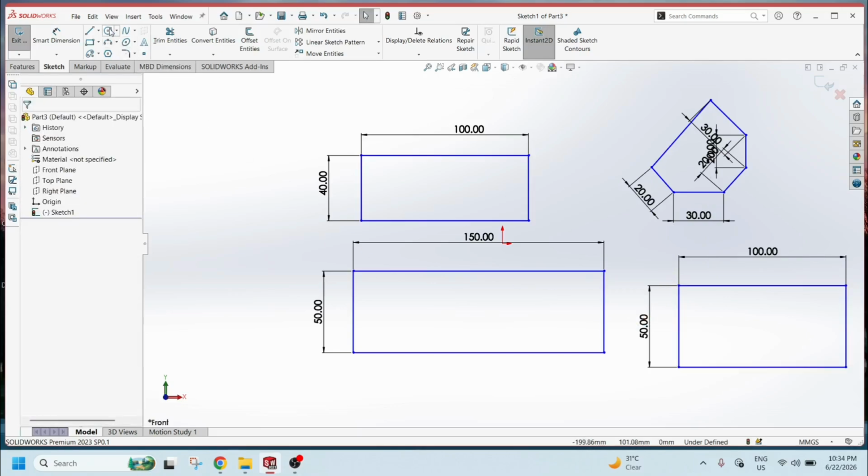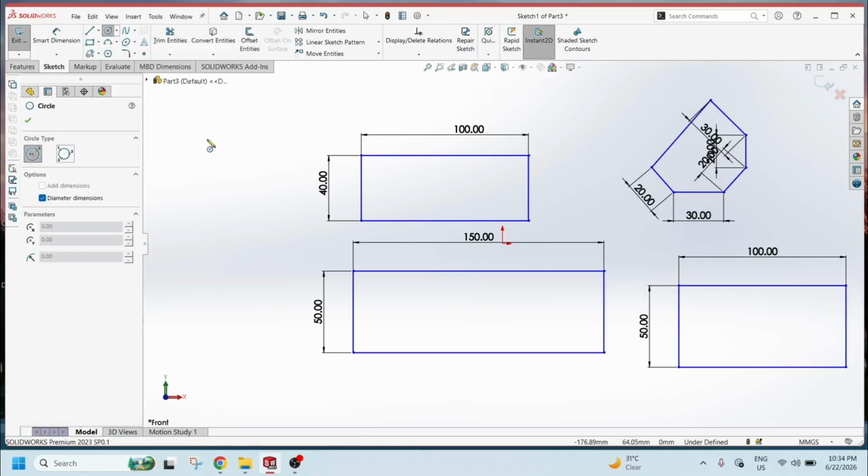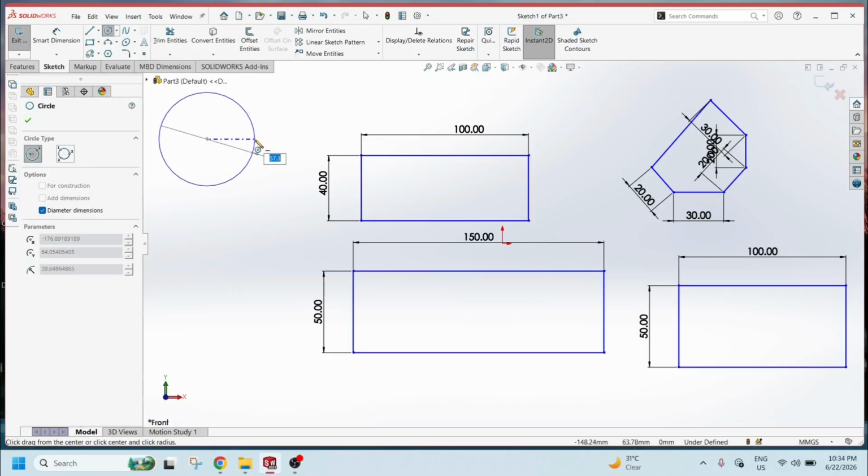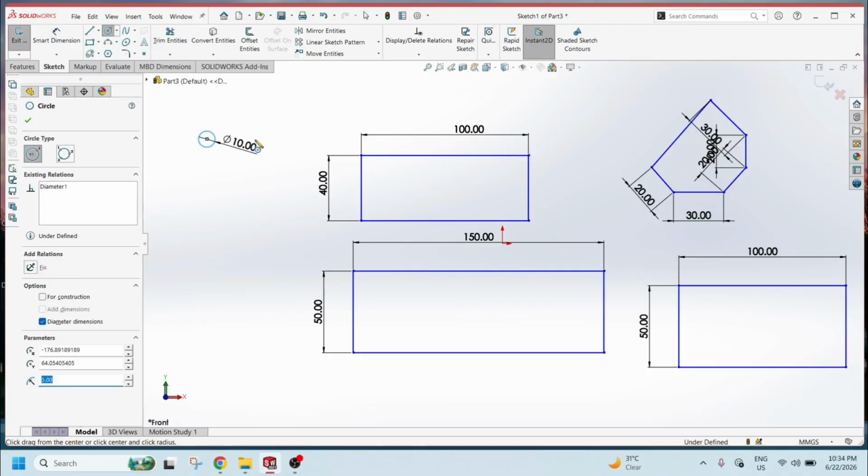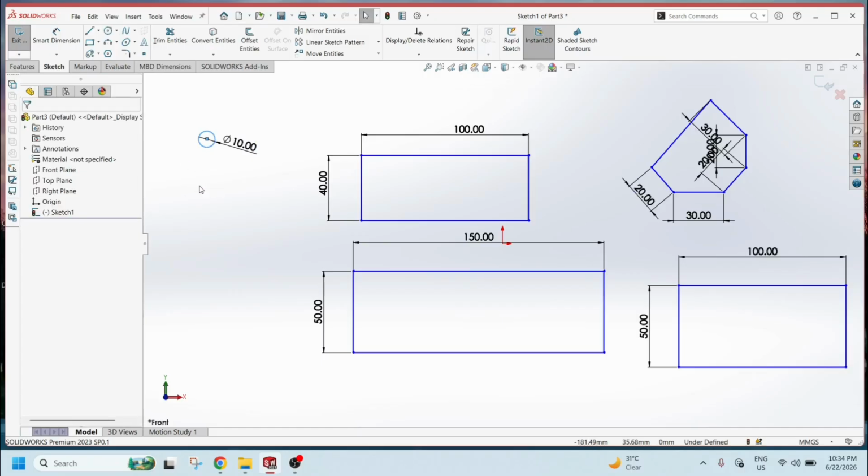So I draw the circle. Let's select circle, center point. So as you see, it again asks for dimensions. Its diameter, let's say 10. So as you see, my circle is drawn. This is a very quick and easy way, and you save lots of time using this dimensions method. So through this option it asks for dimensions every time when you draw any shape,